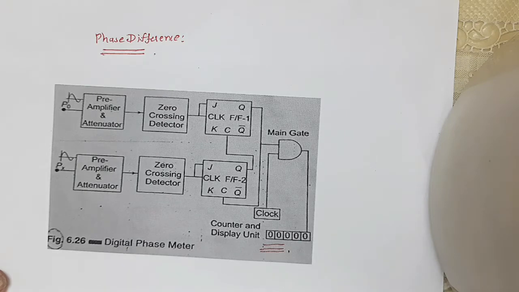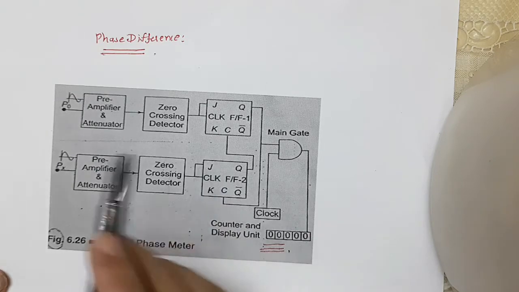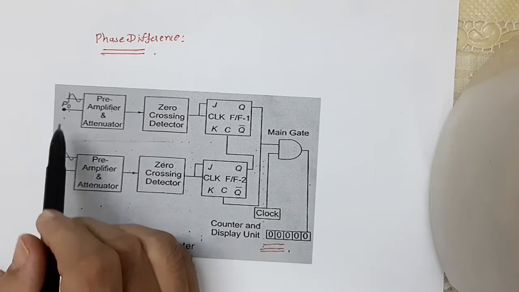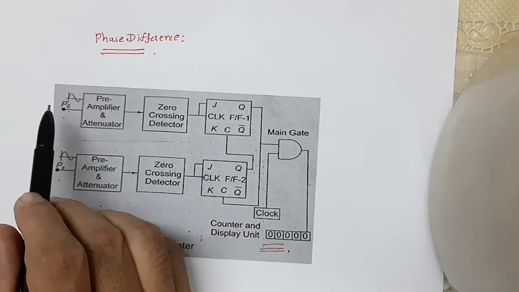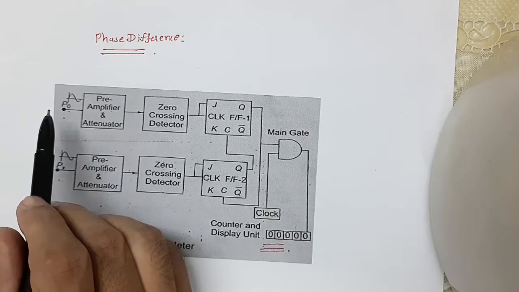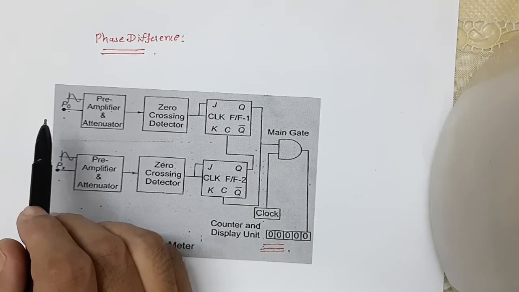The simplest technique to measure the phase difference between two signals employs two flip-flops, flip-flop 1 and flip-flop 2. The signals to be fed must be of the same frequency. So both P0 and PX, the two signals, must have equal frequency. First, the signals must be shaped to a square waveform without any change in their phase position by the use of a zero crossing detector. The process of measuring the phase difference can be illustrated by this diagram.